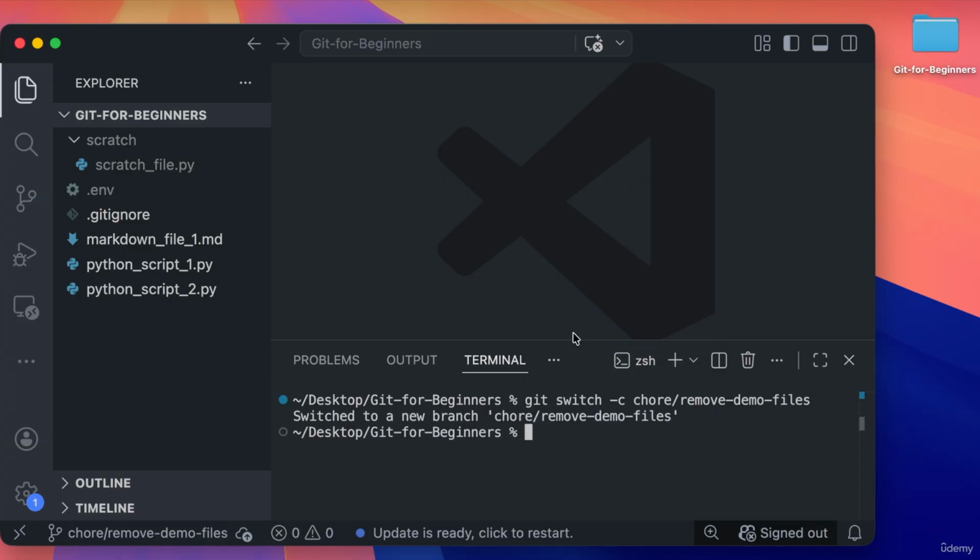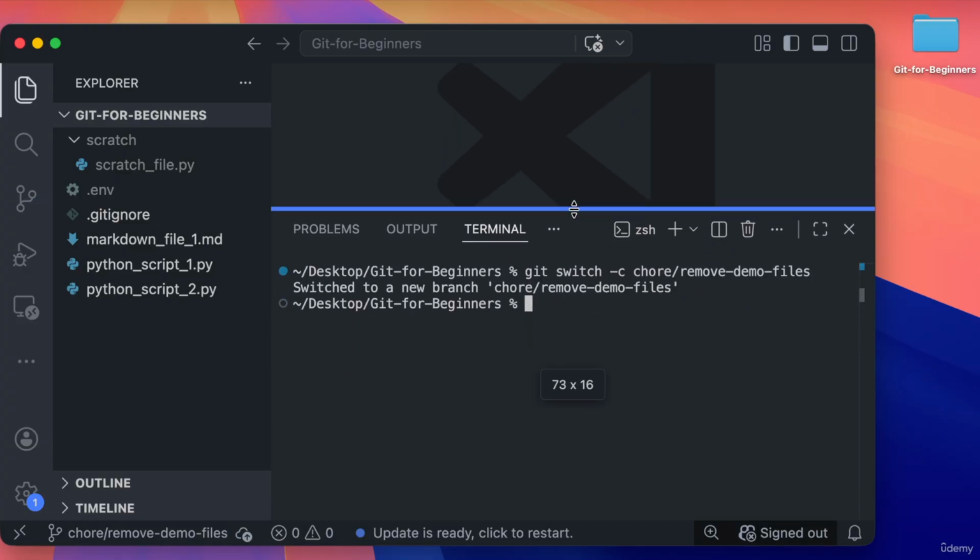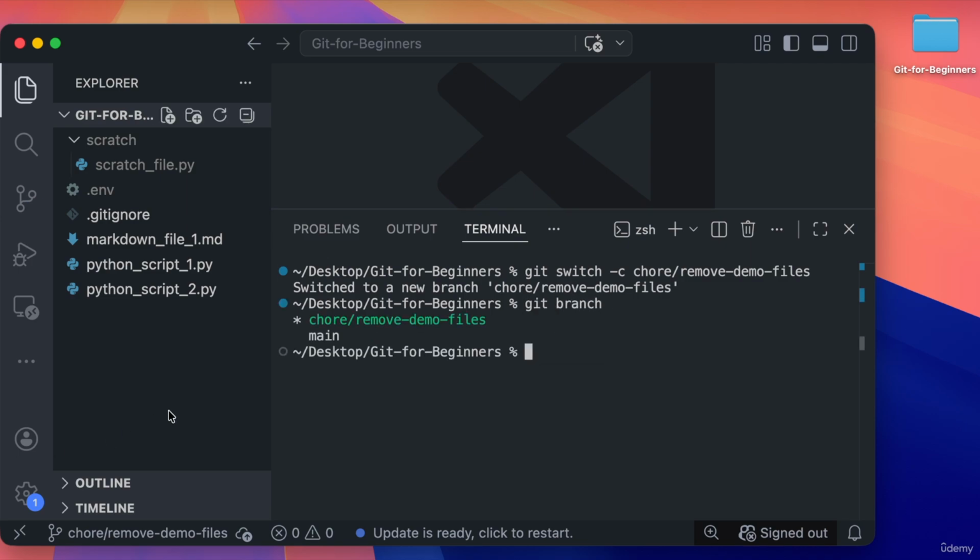To get a list of all of the branches in this repository, you can type git branch. So we have the main branch here, and then we have this chore branch. Notice the asterisk next to the chore branch. This tells you which branch is currently active. So this chore branch is the one that's currently active. We can switch between branches by using this git switch command, and then specifying the name of the branch you